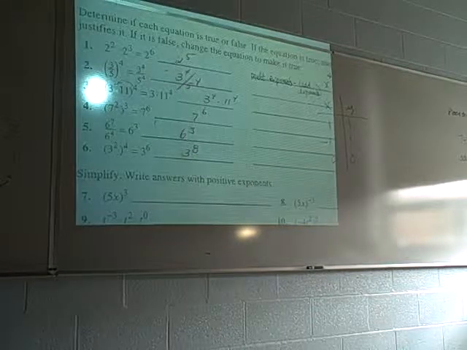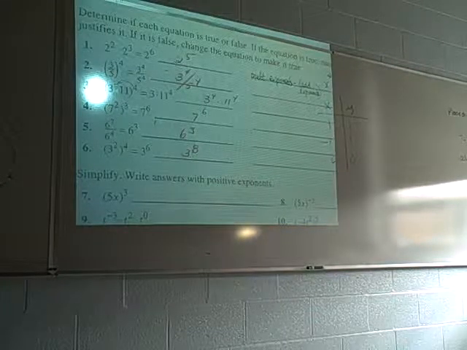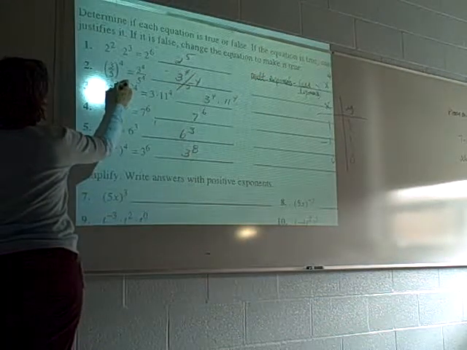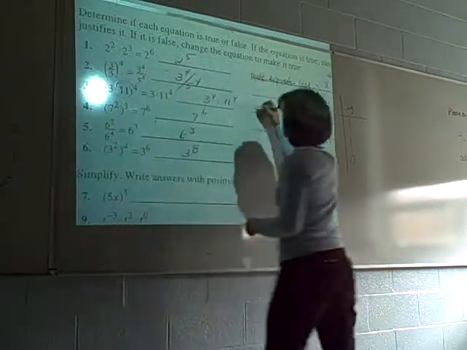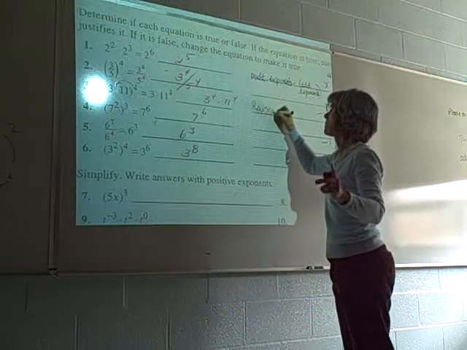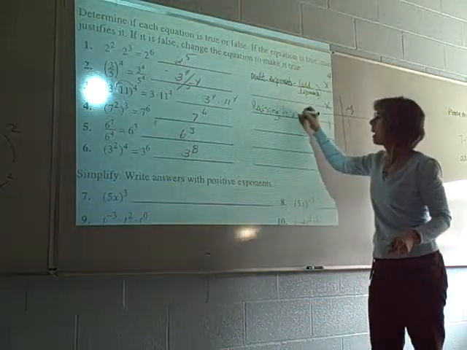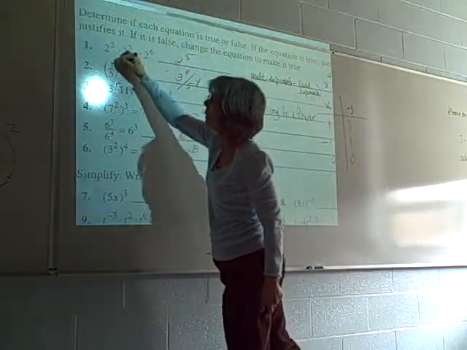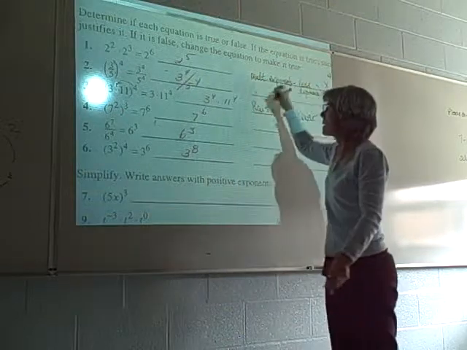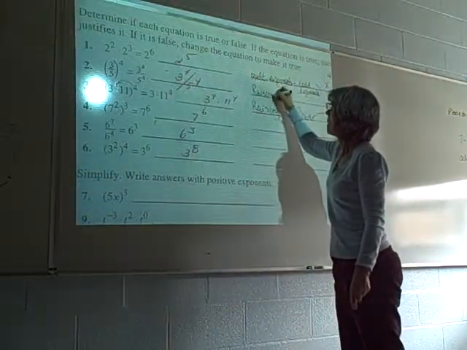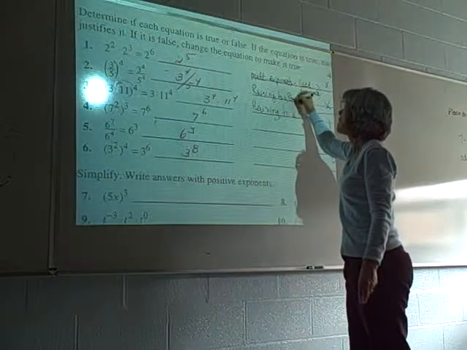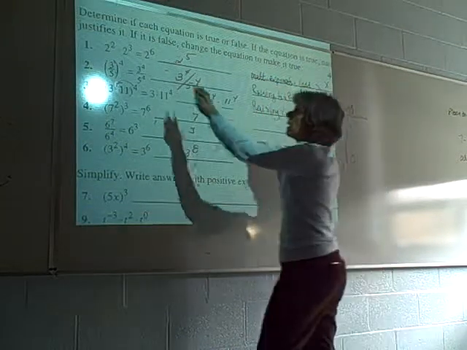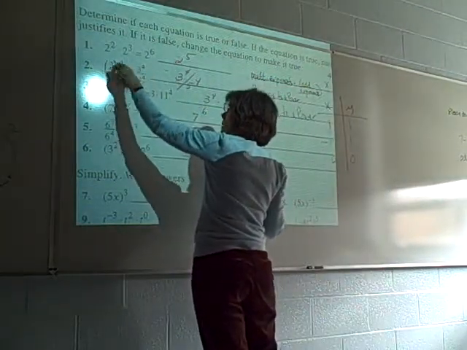Stephen? Would the property be distributive property? It's raising to a power, because this is really 3 to the 1st. So it's called raising to a power. Is that what number 2 is as well? Yeah, it really is, because this is really 3 to the 1st and 5 to the 1st. It's raising to a power. And you just need to remember that when you're multiplying exponents, you're adding, whereas this is actually